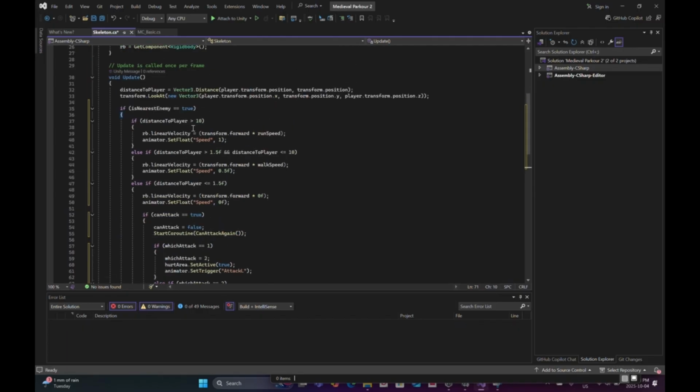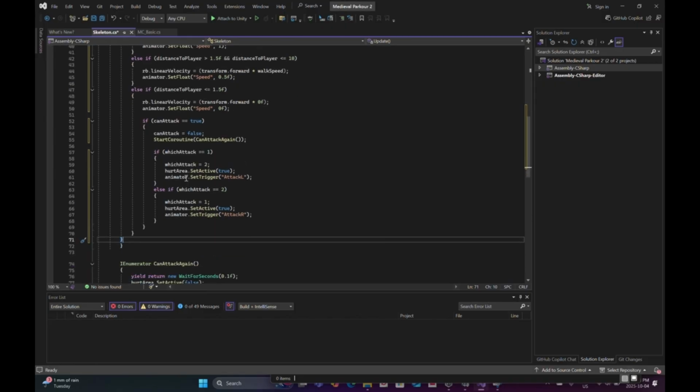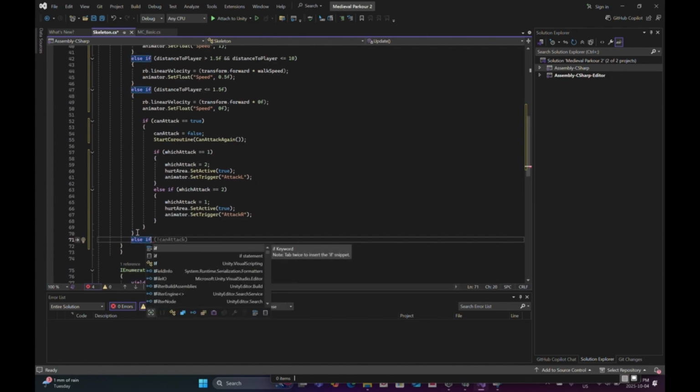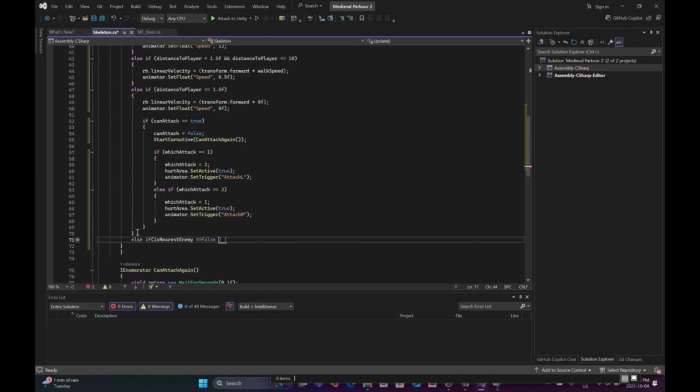Where he runs to the player when he's greater than 10 units away, when he's smaller than 10 but greater than 1.5, then he starts to walk, and then when he's smaller than 1.5, then he stops and he starts to attack. So I need to do one if it's false, if this condition is false. So else if isNearestEnemy equals false,